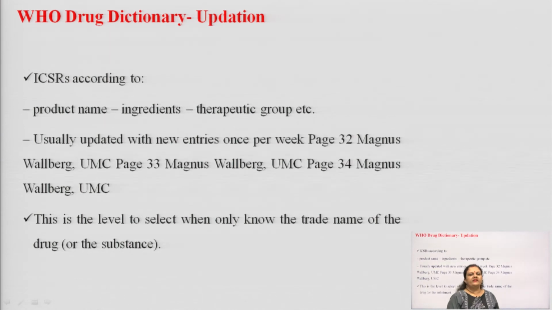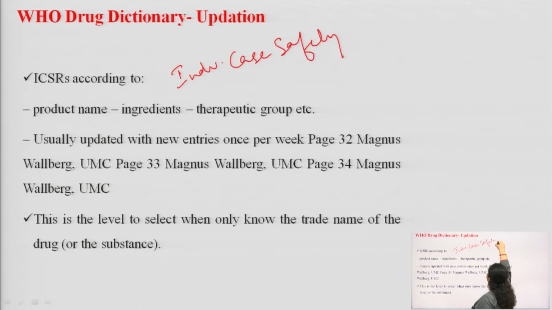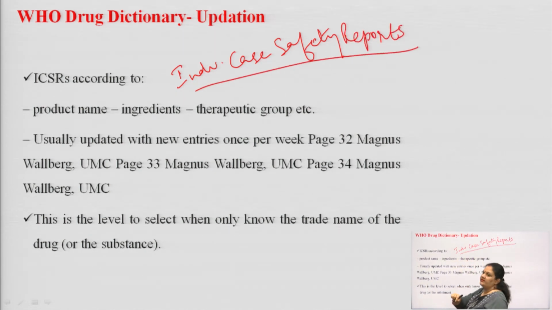Coming to its updated version, the WHO drug dictionary includes ICSR. ICSR means, students, individual case safety reports. Okay. This is related to a clinical trial or any pharmacoepidemiological studies. For an individual case safety report, we are going to prepare a document or a file for an individual patient who is taking part in any specific clinical trial or taking a specific class of drug for their treatment.